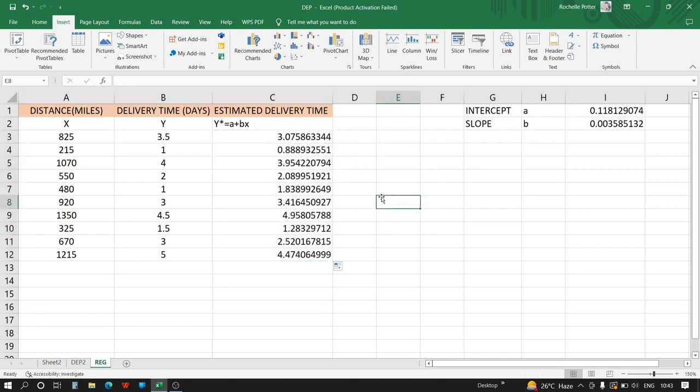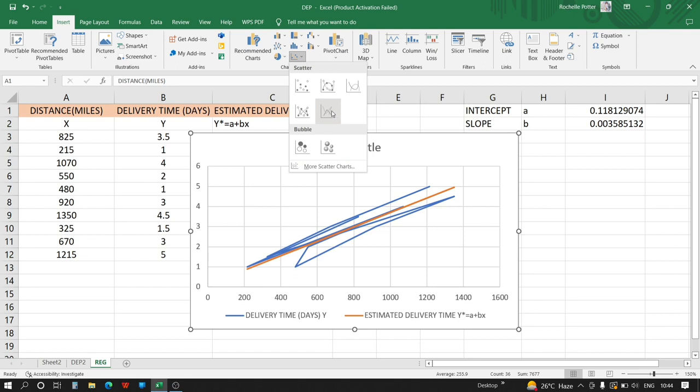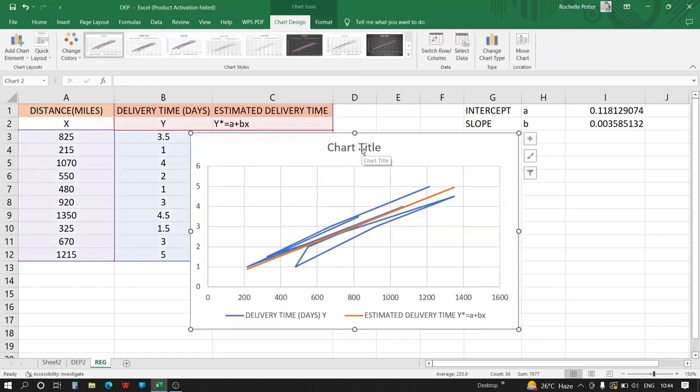Now one more thing which we have to do in this question is insert a chart. So select the whole table, go to the Insert tab, and make a scatter chart. Now we have to give the titles and axis titles in the chart, that is